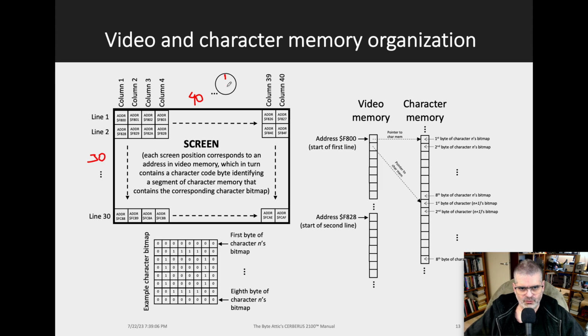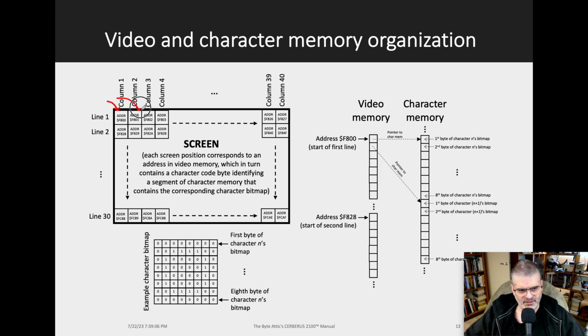So that's 1200 screen positions, meaning that the video memory has to be at least 1200 bytes wide. It's 2K bytes. In other words, 2048 bytes. The character memory is 2K as well, and that fits 256 character bitmaps. Now, when we print the screen, when we print a frame on the screen, we don't go one character at